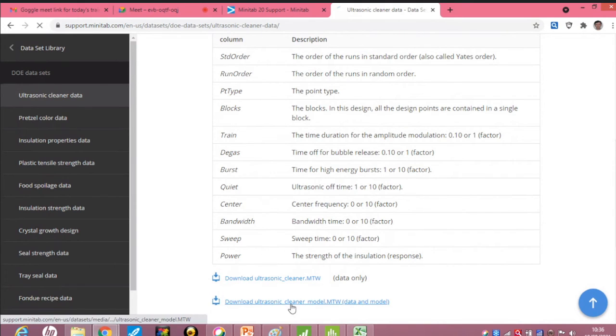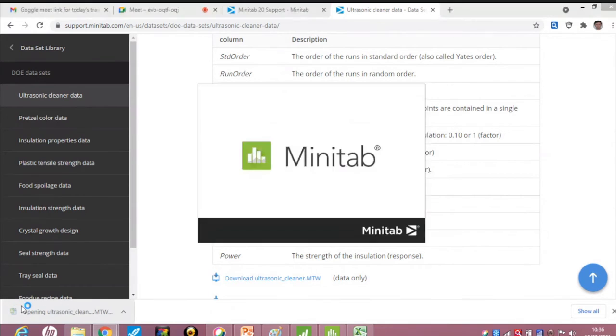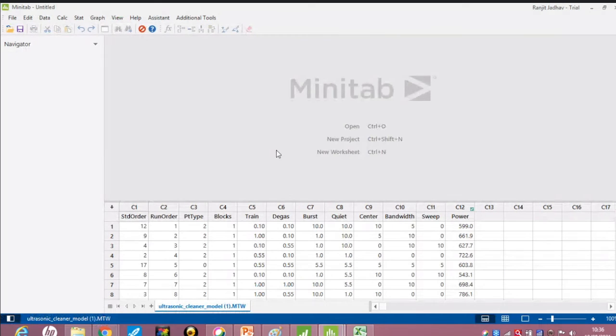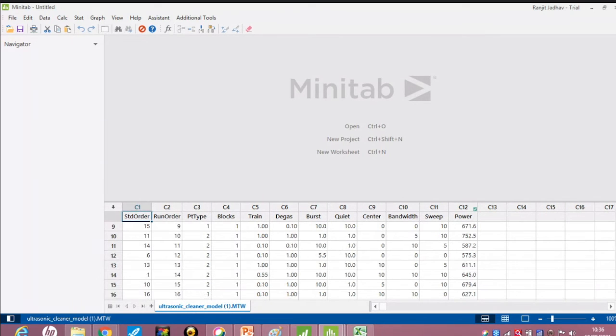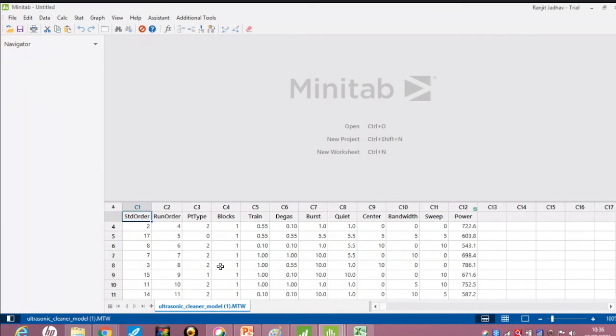So if you open this example, here our objective is to do the screening. We have 17 runs.